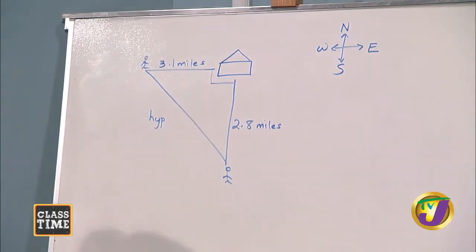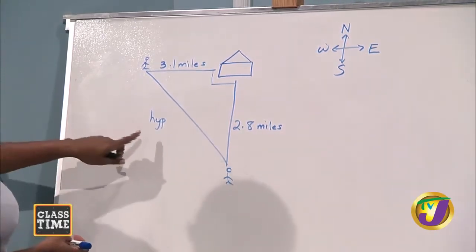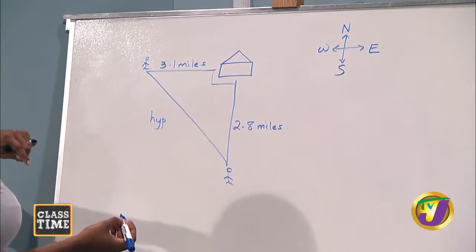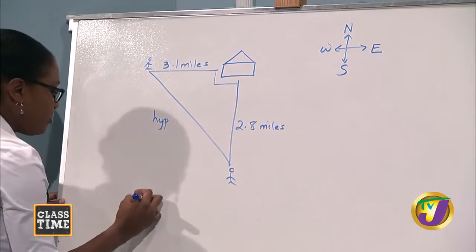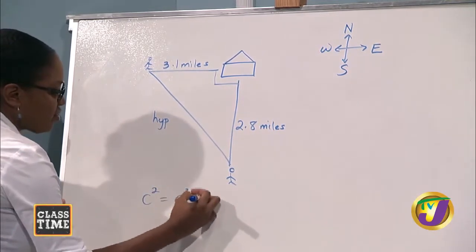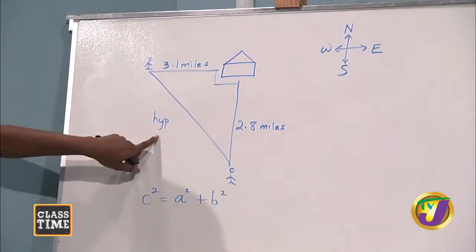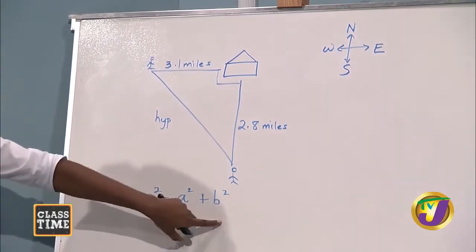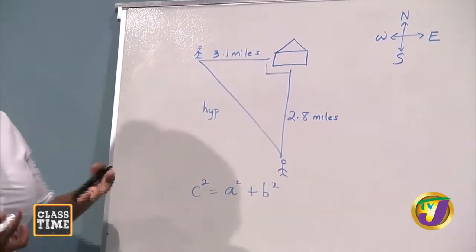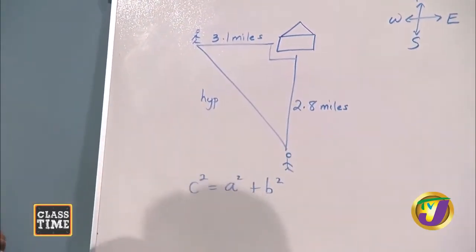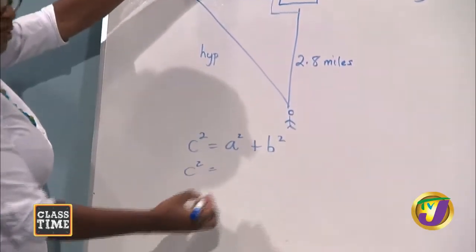So based on what we said about the theorem, let's write the formula. All right, so the hypotenuse, am I going to be using the one that we showed earlier? Yes. All right, so c squared is a squared plus b squared. Yes. So we said that c squared, that's what we're trying to find. The hypotenuse. Yes. And a and b would be the other two sides. So we can assign a to either any and b to the other. Yes. All right, so what we would have is c squared is equal to, if I call this one a, 3.1